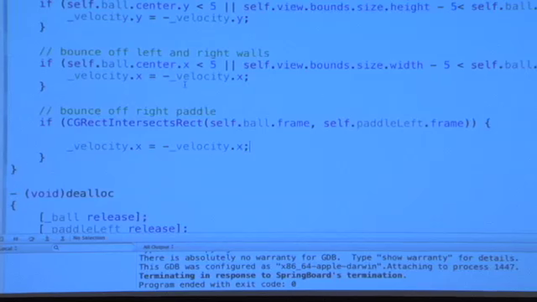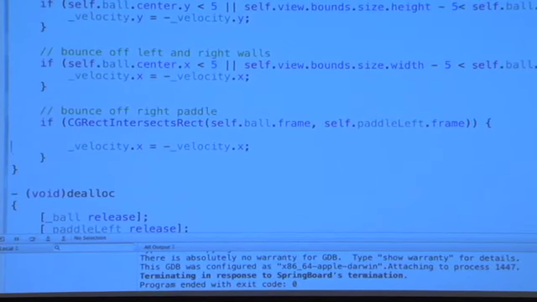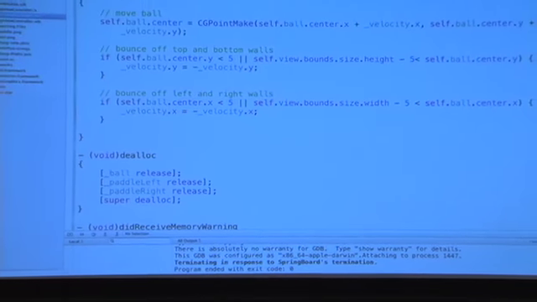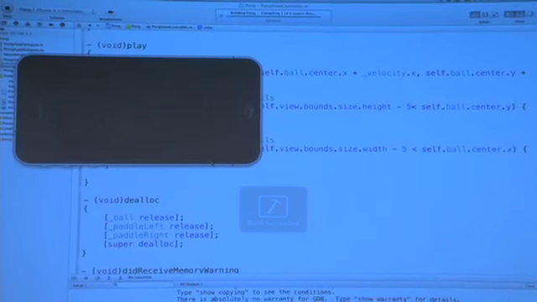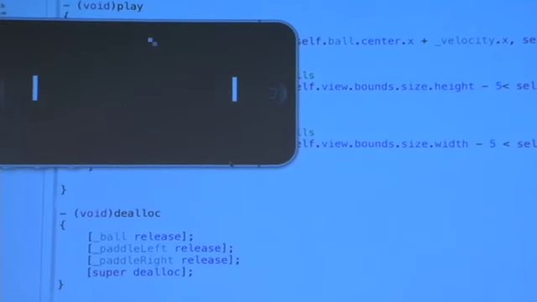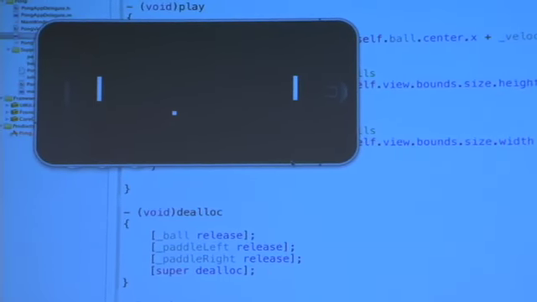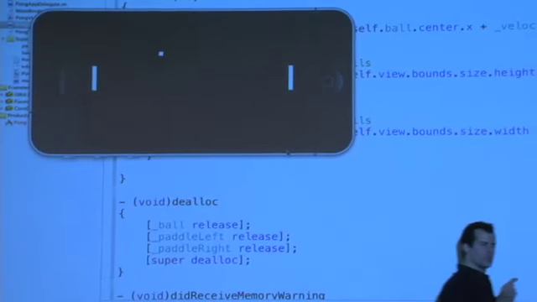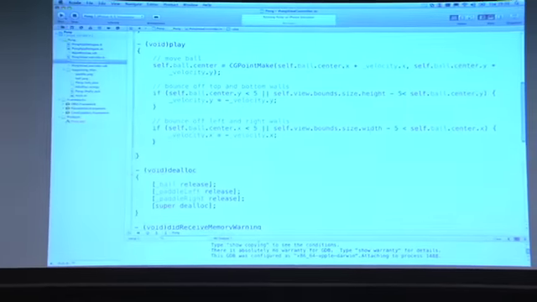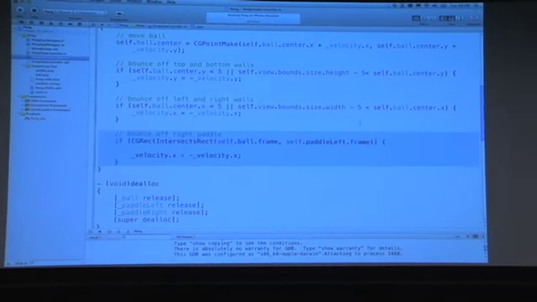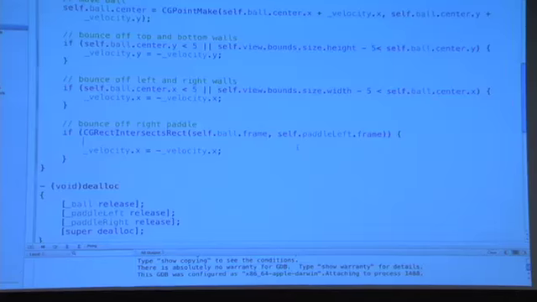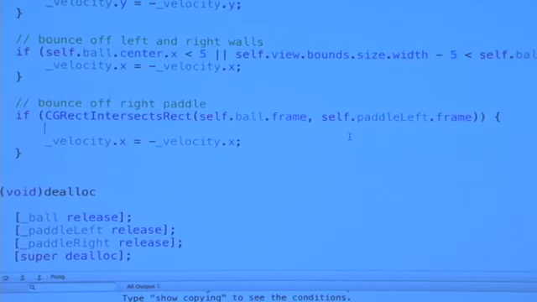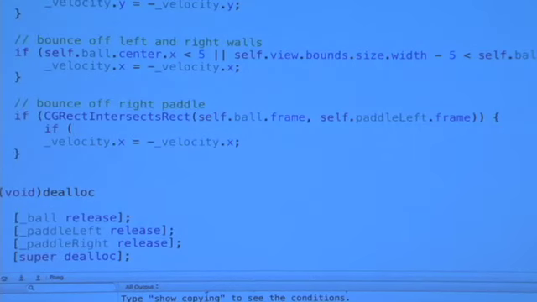If I go back to the simulator, let's get rid of this for just a moment. I want to be careful here because in Pong, really you only want that thing to bounce off of the insides of the paddles. So either over here or over here. I don't want to get into this weird situation where it's oscillating back and forth between the right-hand side and the left-hand side and one of the paddles. So I'm going to add a little check here. And rather than just bouncing off the paddle, like I said, I'm actually going to ask too, if the center of the ball, so if